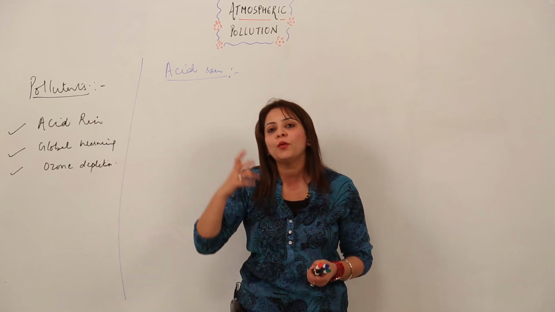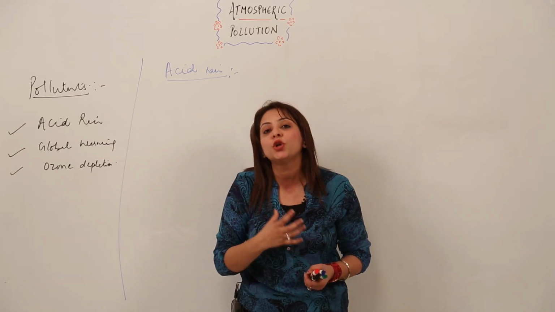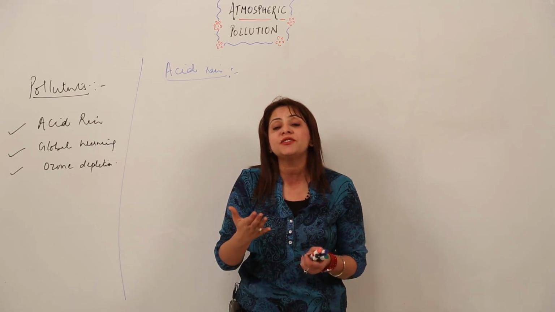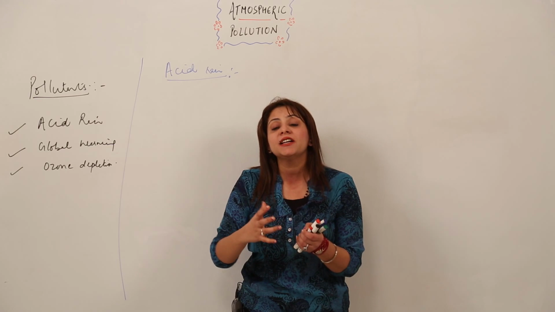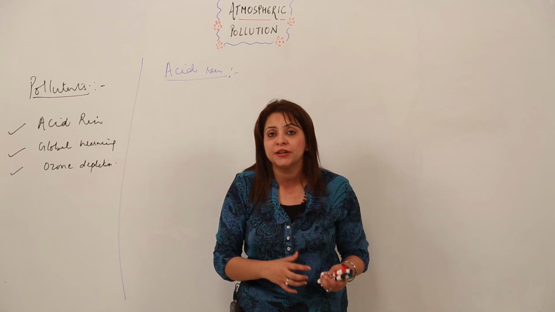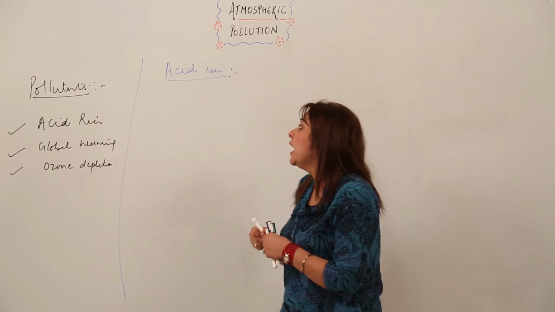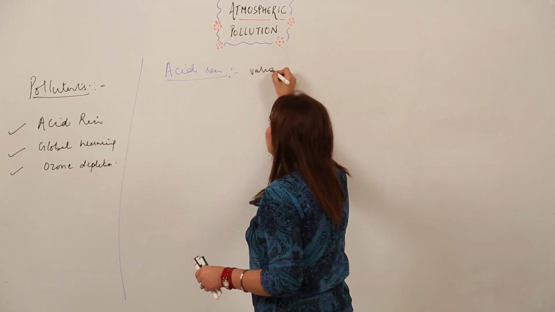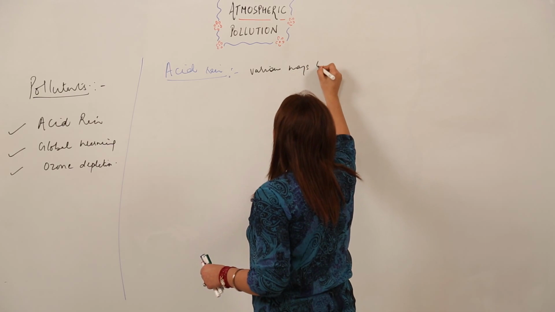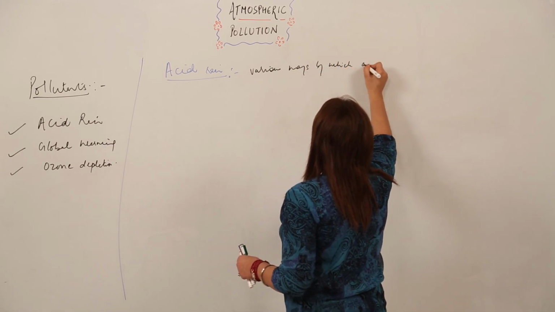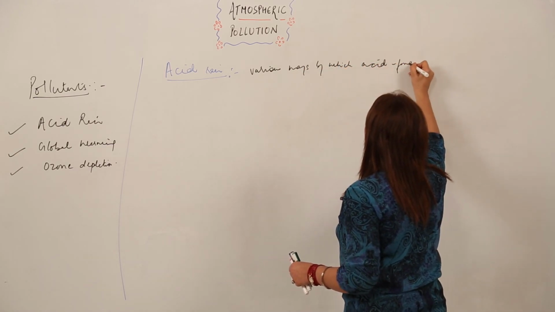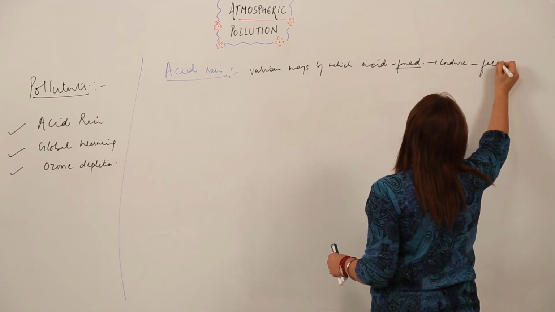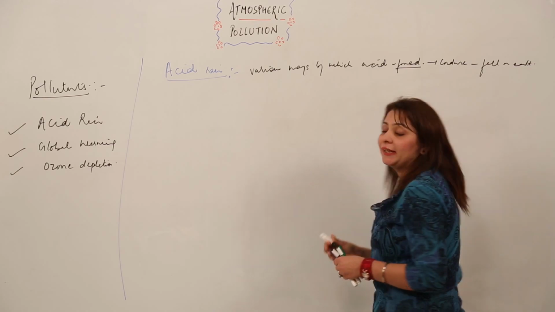So the water which we get from the rain is not pure, and due to the pollutants present in the air, the pH is reduced. That means they make the water acidic in nature. So acid rain is a phenomenon which includes all those various ways by which acid is formed in the atmosphere, gets condensed and falls on earth. So I can say acid